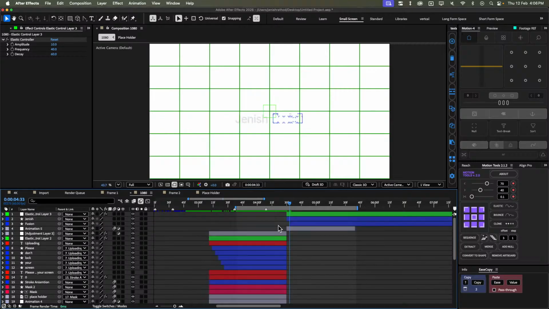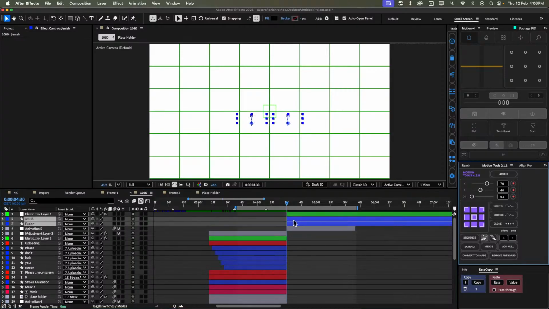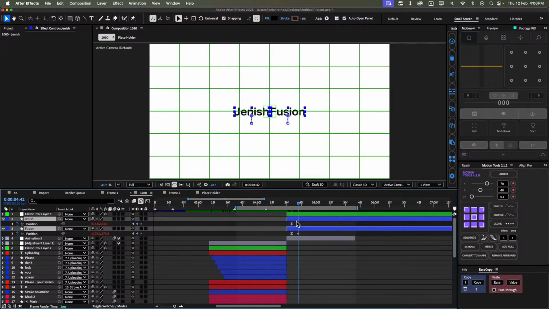Go to the second keyframe, and for that let's remove the sequence. The motion tools, open position, go to the first keyframe and move this down 1, 2, 3, 4, 5, 6,